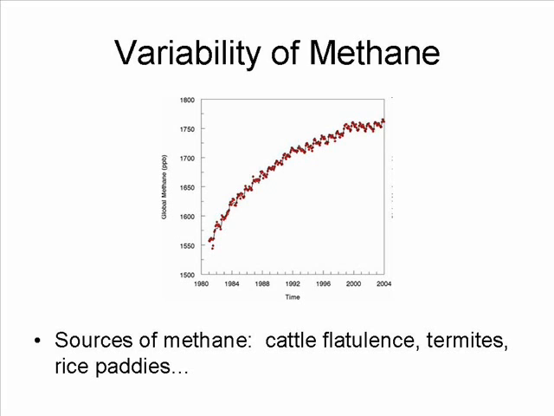Cattle flatulence is primarily methane. Termites produce methane. Termites live on wood that people have cut down and made homes out of and so on, and termites' digestive tract produces lots of methane. Rice paddies, the way that we grow rice in Asia, for example, are an important source of methane to the atmosphere. These are all things that have increased over the last few decades,